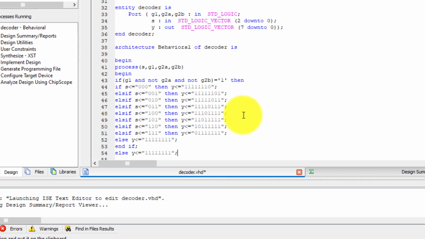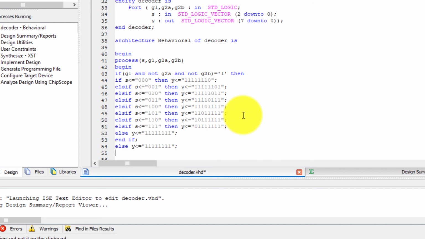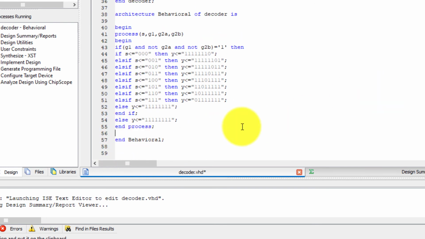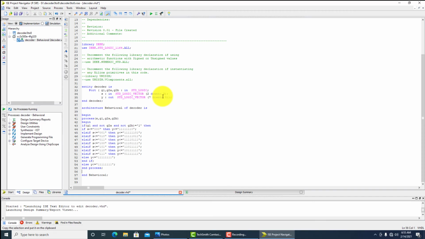Okay, this is the logic of the VHDL coding in the process. We should end the process here. Next we have to end the architecture. Architecture already generated. This is the VHDL code for 3 to 8 decoder.